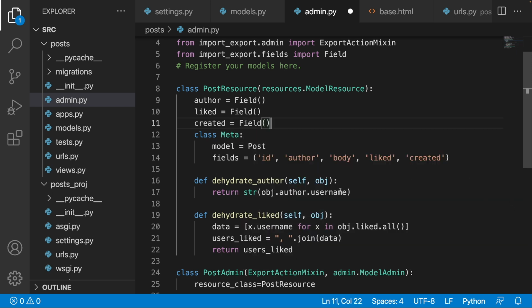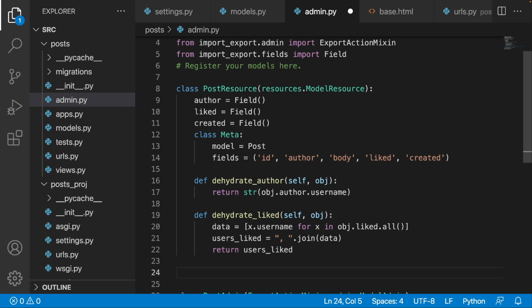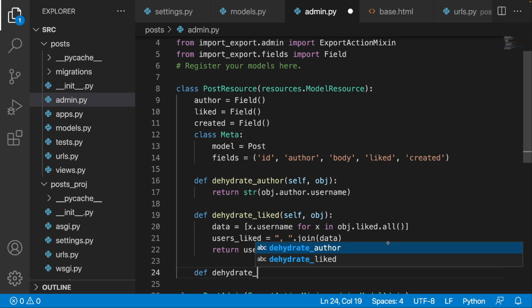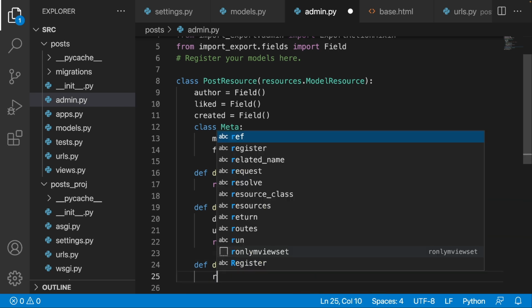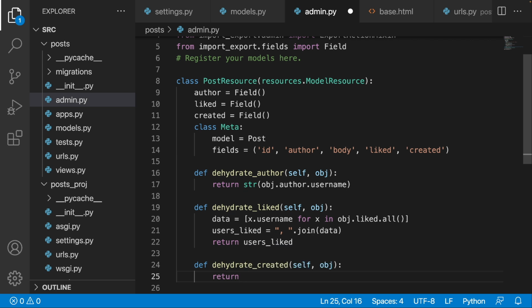So as mentioned before, over here we just want to grab the date. We don't want the time, right? So this is of course for exercise purposes only. Normally we would put in a date field instead of a datetime field, but as mentioned before, this is just for practice. So again, we are going to put in self and obj, and then we are going to return obj.created